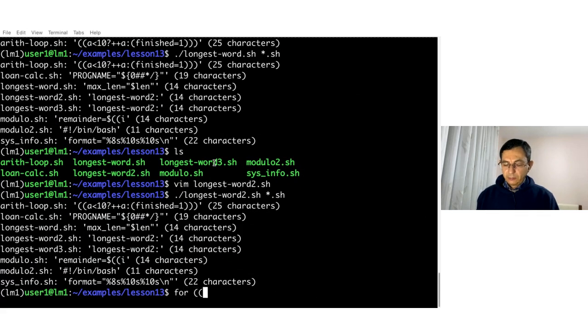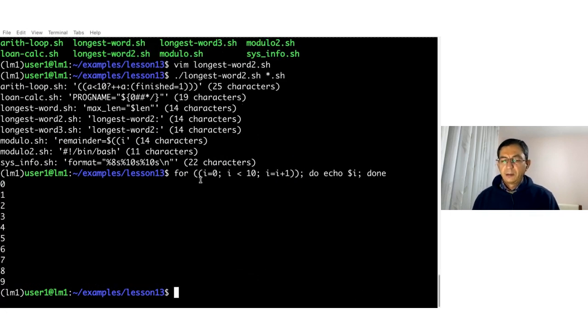Let's see an example: for ((i = 0; i < 10; i++)); do echo $i; done. So if the variable of the for loop is a